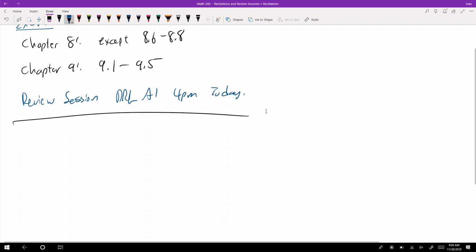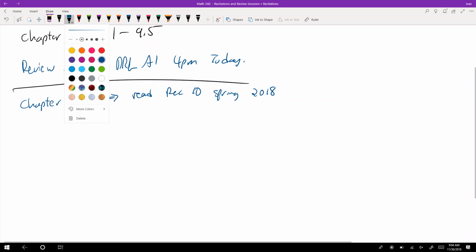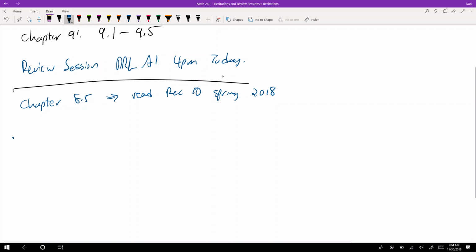So I'm not going to cover Chapter 8.5, and I'm going to encourage you to just read Recitation 10 from spring 2018. So there are a few notes there. Essentially, it's just a bunch of vocab, and I think I do an okay job with the notes in that section, essentially just summarizing what the important vocabulary is. All right, so let's jump into the first topic for today,